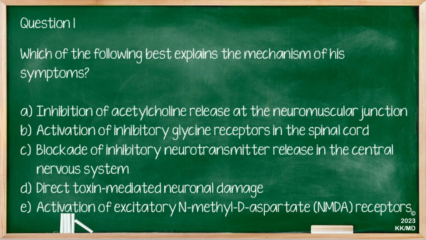A. Inhibition of acetylcholine release at the neuromuscular junction. B. Activation of inhibitory glycine receptors in the spinal cord. C. Blockade of inhibitory neurotransmitter release in the central nervous system. D. Direct toxin-mediated neuronal damage. E. Activation of excitatory